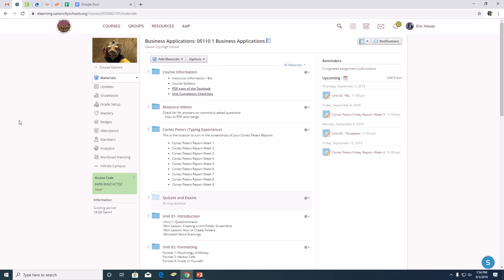We'll be looking at Unit 4 in this video. We'll start with just a few basics here. In Unit 4 we're going to be using templates, and these are found in about every kind of computer